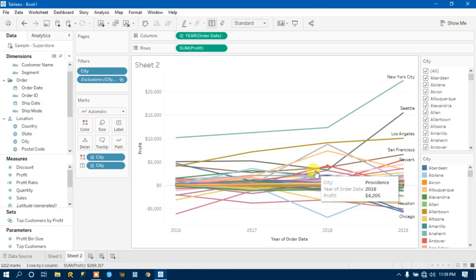Let's say if some data point is at a very high level, and you want to check how the visualization will look after removing that point, and what effect it has on the visualization. So this is also a very good option to include and exclude any of your data points.